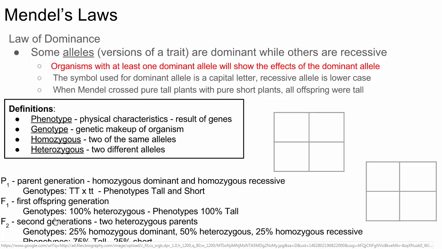Okay? So the dominant, you can think of it as covering up. And the symbol we use for dominance is a capital letter. We use the same letter, but lowercase generally for the recessive allele. And when we look at Mendel's work, what he found is that if he took pure tall plants, so plants that had two of the tall alleles, two big T's, and crossed them with pure short plants, plants with two of the recessive alleles, the offspring 100% of the time were tall. There were no short plants ever represented when he crossed a pure dominant and a pure recessive plant.